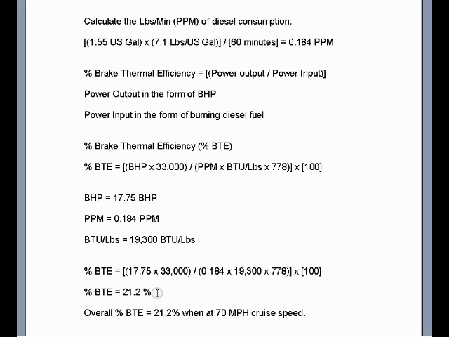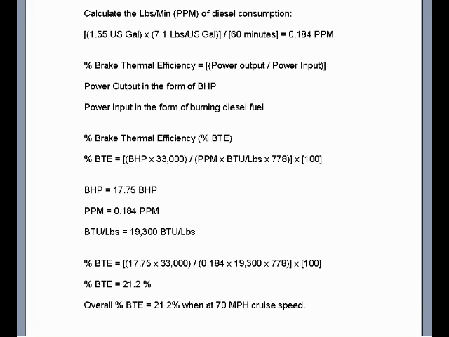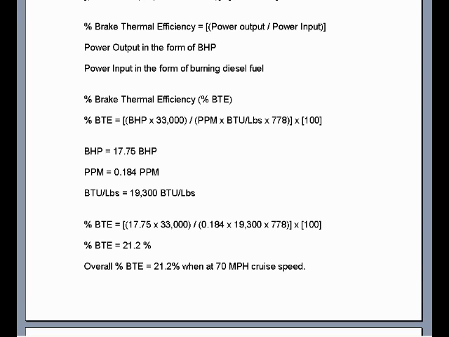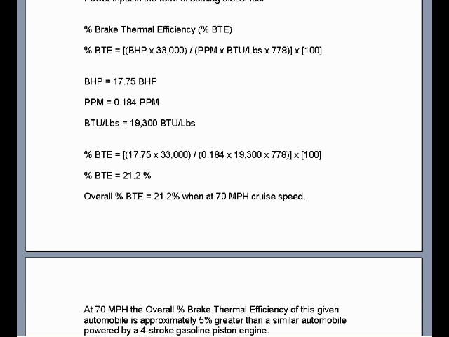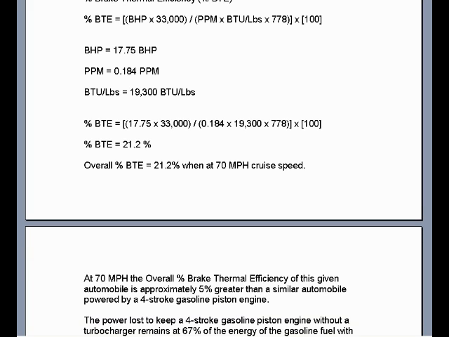much higher than the gasoline 4-stroke piston engine on a similar car traveling at 70 miles per hour, which is right around 15 to 16%. So hence you get a higher mile per gallon fuel economy due to the fact the compression ratio is so much higher in the diesel, you can squeeze more energy out of the fuel. The only drawback is that the diesel 4-stroke piston engine doesn't have the acceleration that the 4-stroke gasoline piston engine does, but it does have the payload hauling capacity